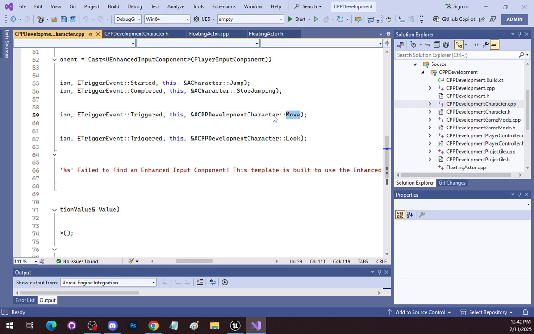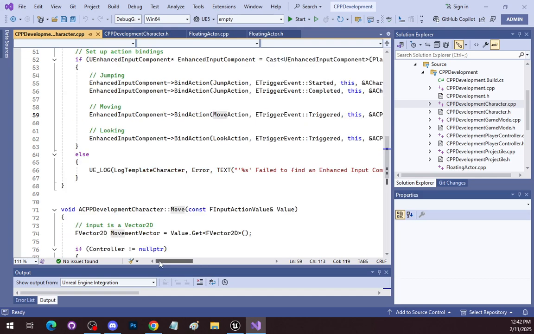What we're doing is these are function pointers that we're dealing with. We're using functions as variables. In C# we would call this delegates. Here in C++, they're function pointers. And so essentially we're now saying when this is triggered,